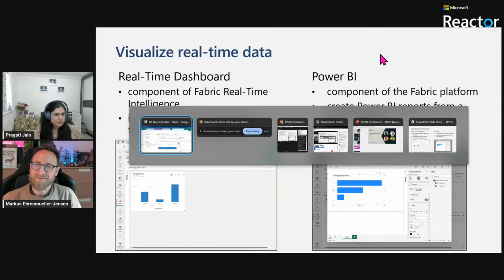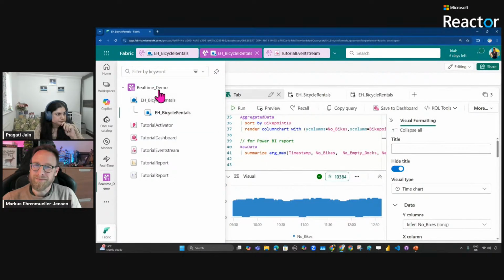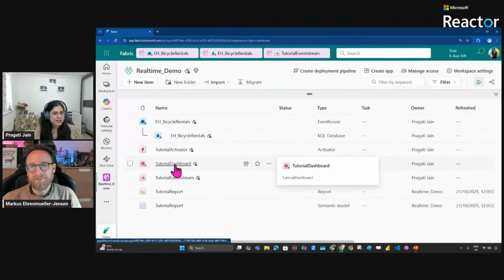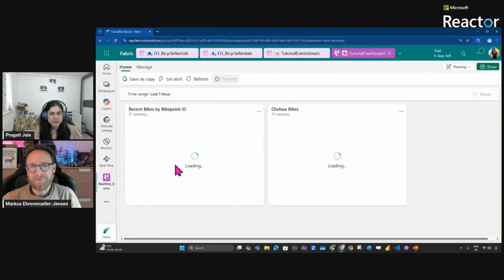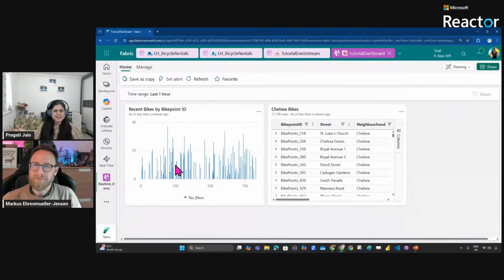So I'll just quickly show you the dashboards I have already built. So just going back to my environment. This is the real-time dashboard that I created. Again, it's based on the sample data. I didn't take time to get my own data because, to get started, you have sample data in there. Just get started with it.